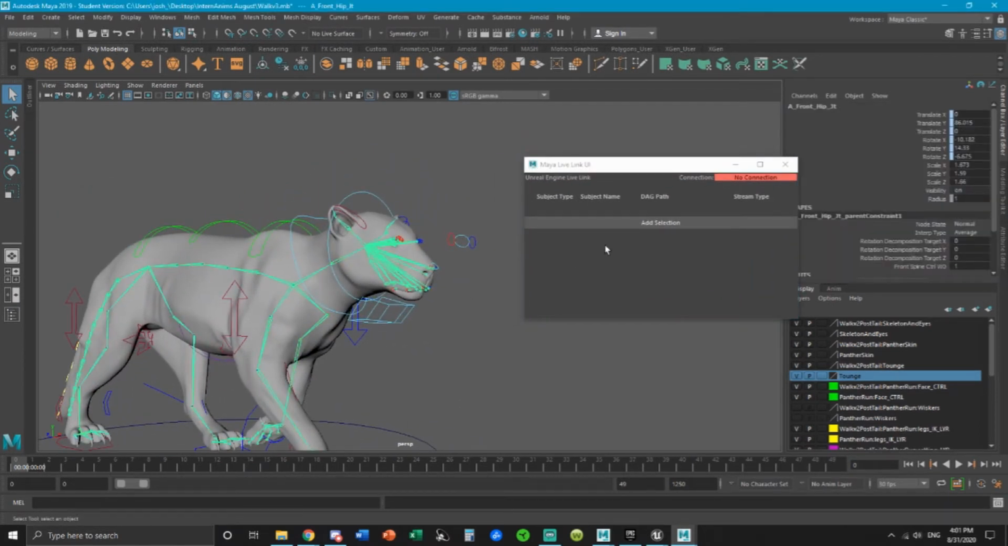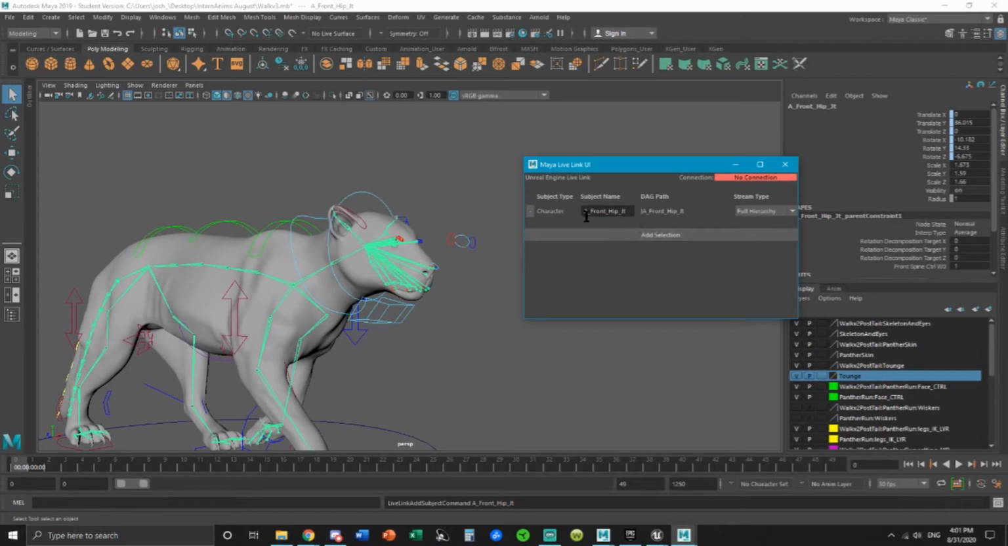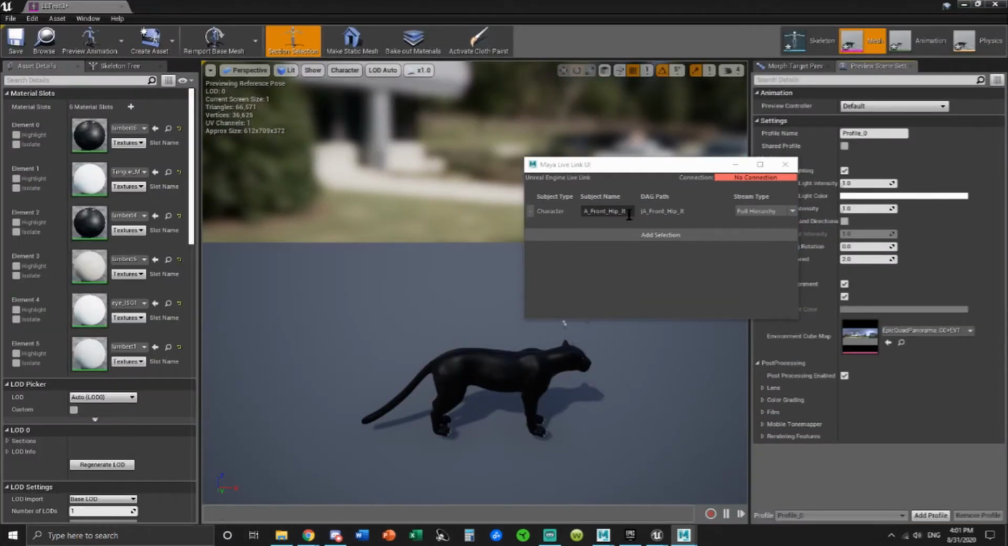And what you want to do is, back in Maya, you'll click the middle bone here for the chest. You'll go to add selection, and it'll add it here as front hip. And you see how it says no connection? So what you'll want to do is, back in Unreal,